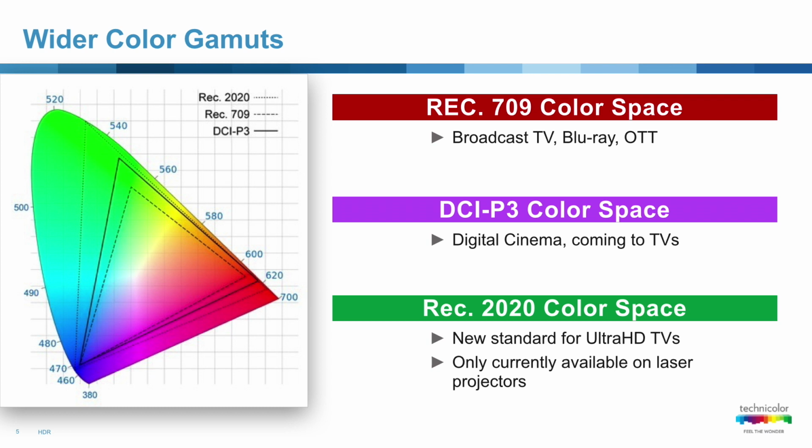So a lot of people in the theatrical space are actually still doing P3 color. Even though they're doing P3 color, it's going in a Rec. 2020 container and being presented to the screen as a Rec. 2020 file, but the colors are within a P3 space. As we open up the functionality of these new projectors, we'll start to be able to explore even more colors than we ever had before in the theater.